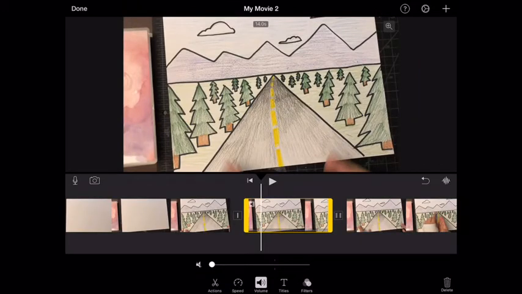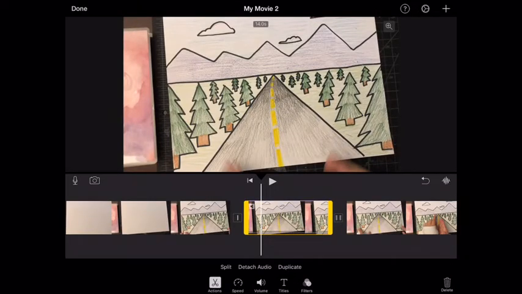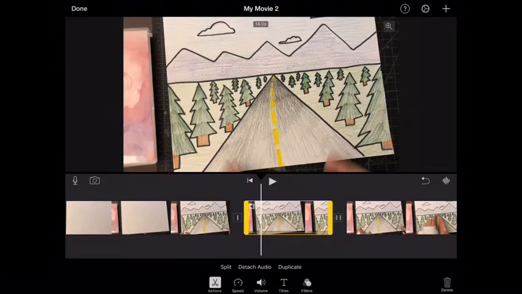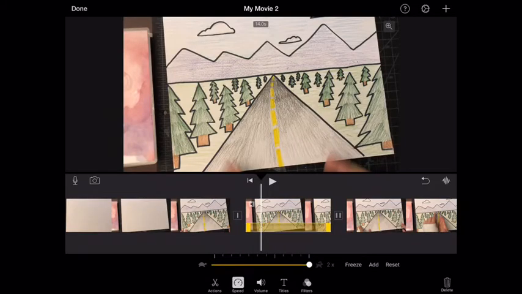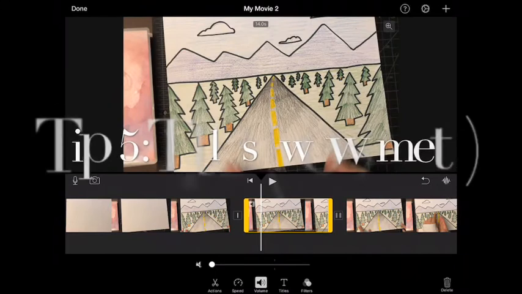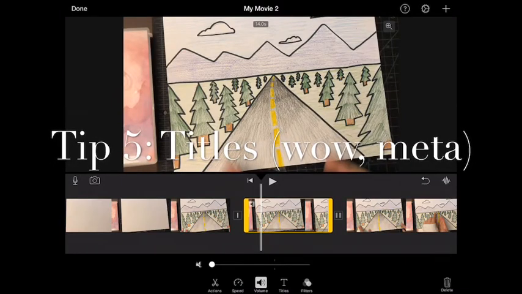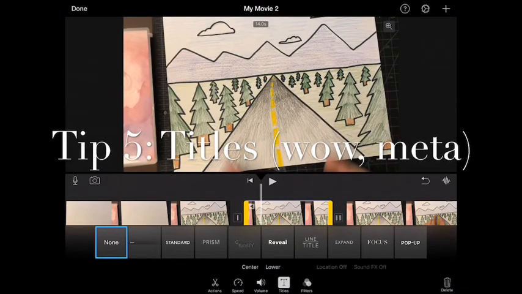The other thing, I don't use detach audio or duplicate. We went through speed, volume, titles. So I usually start my video